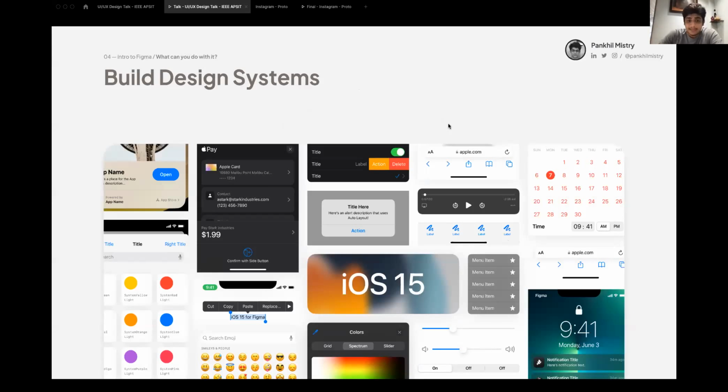You can build design systems, like someone has built the entire iOS 15 design system. So all the components that you see here, what you have to do is essentially just name them, and you can just drag and drop these elements inside your design. So you don't have to create anything. You create for once your